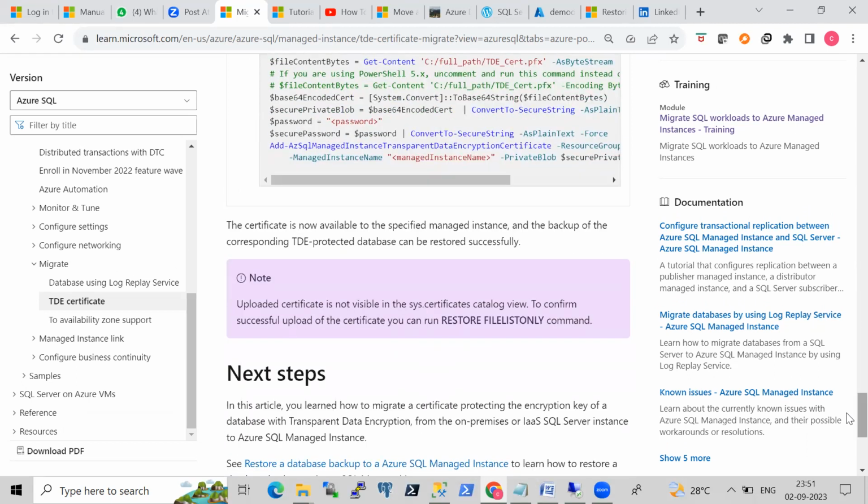Is this clear or any questions before I move on with this option? First thing first, I've shown you clearly how to perform the migration using Azure Data Studio for a TDE enabled database. But this time I'm going to show you one other way to perform the same thing, but it is kind of complicated stuff. If you're okay, I will show this, or otherwise we can leave it. It's your choice. I'm just showing you the multiple ways